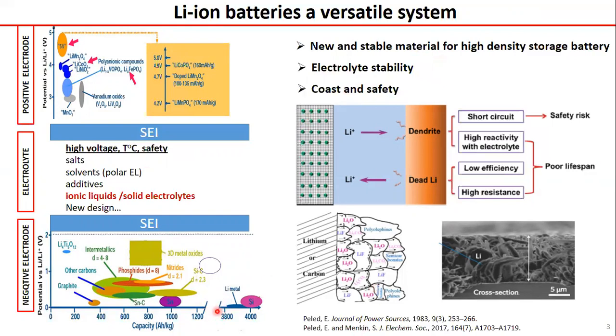Lithium metal, as you can see here, is one of the materials that can provide the highest capacity. However, it has several problems. One is the low Coulombic efficiency, and the main problem, which is a safety issue, is dendrite growth. How can we overcome dendrite growth? One approach is surface engineering or electrolyte design. As we can see here, the solid electrolyte interface was proposed by Peled in 1983, based on the mosaic SEI system. The idea from the work I will show you is how to build a new model using a combination of